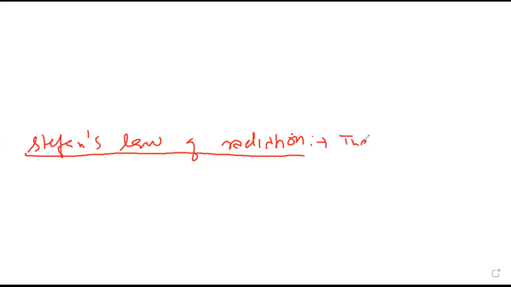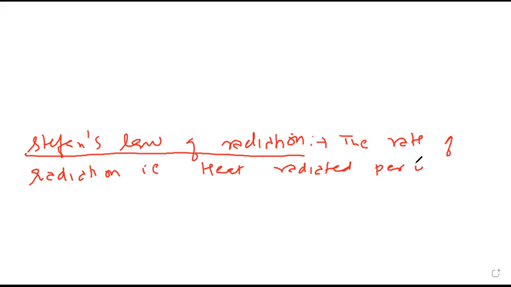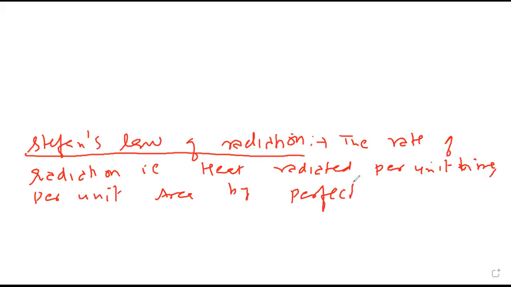The rate of radiation, that is heat radiated per unit time, per unit area by a perfectly black body